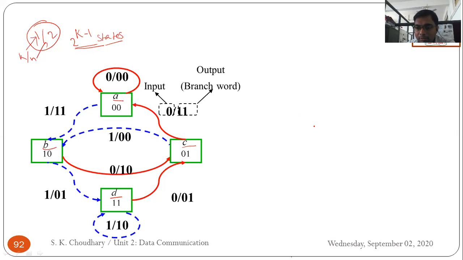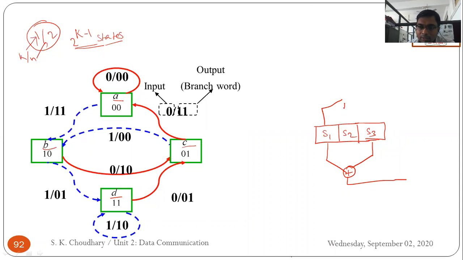If you remember, in the previous lectures we discussed the structure of our convolutional encoder. In that structure, the constraint length is 3. You can call them S1, S2, S3. 3 shift registers are there, and there are modulo 2 adders, one at the upper end and another at the bottom end. This is the structure of the convolutional encoder that we have taken in our example.